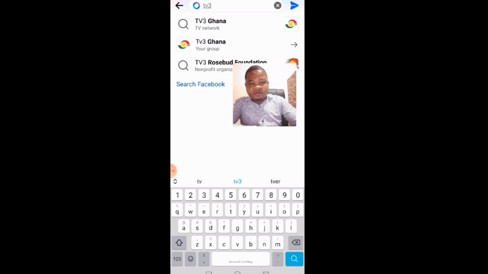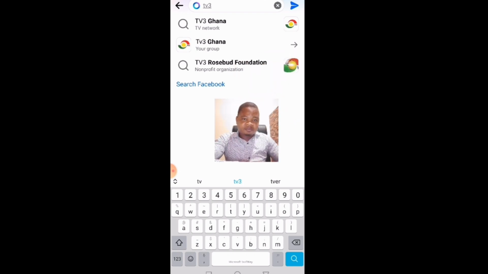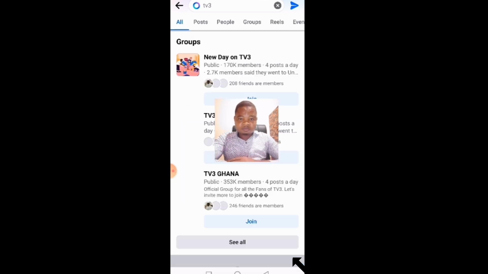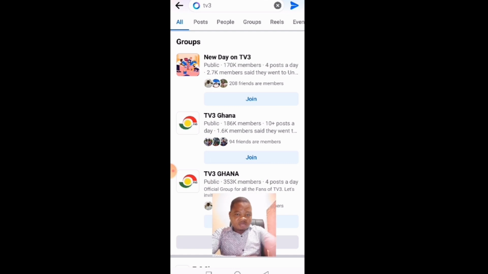So when you search for it, you will see the options will come, okay. So when the options come, then you pick the one you want. If the options don't come, you will click on the enter or search button on your keyboard. You see, so the options that you want will come and you can choose it rather than clicking on the